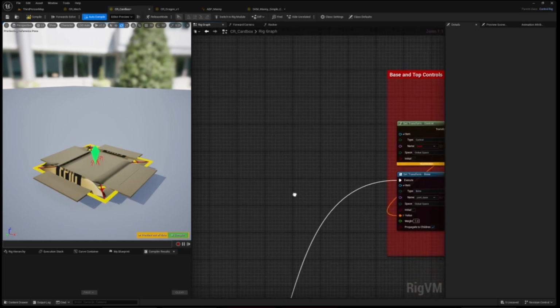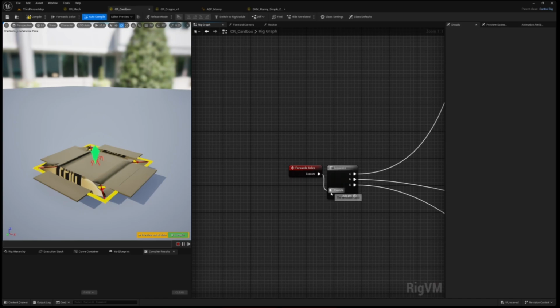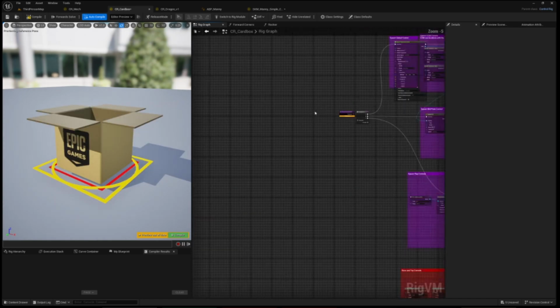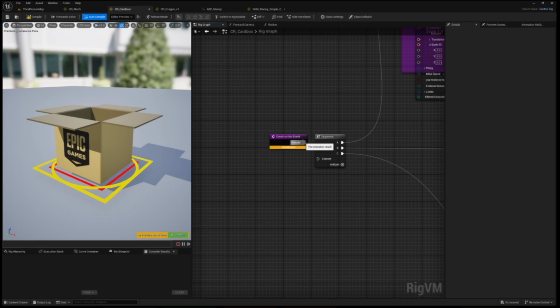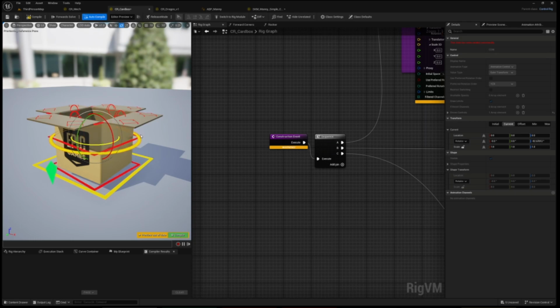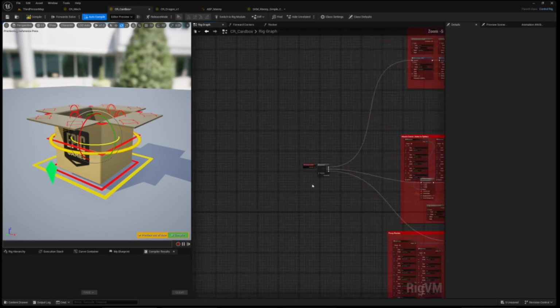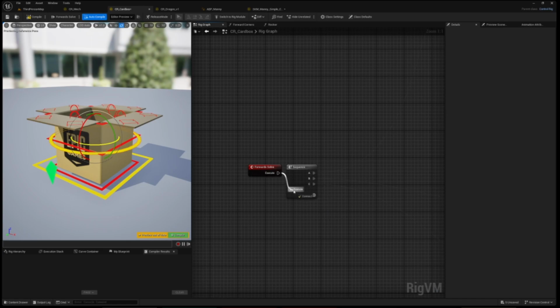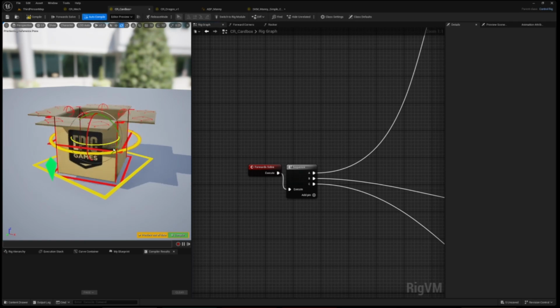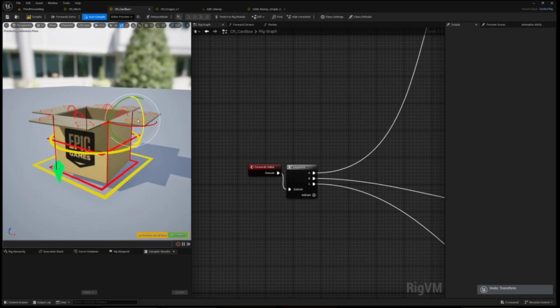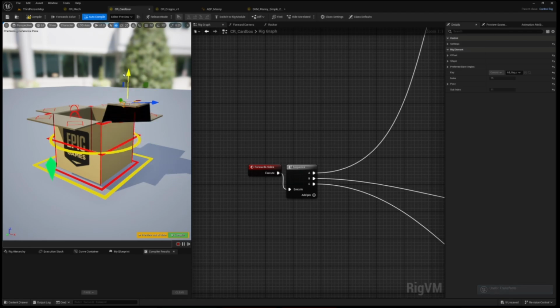So if I disconnect this, it just creates the controls that are supposed to be placed and generated. They are not attached to anything right now. Once you place the controls, later on you set up the actual logic of how those controls are going to deform the mesh and what part of the mesh they're going to move. So that's pretty much how all the